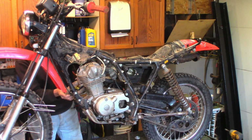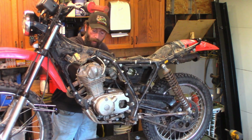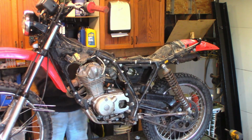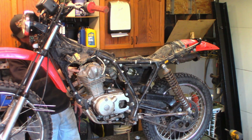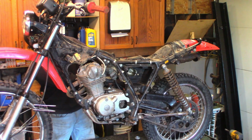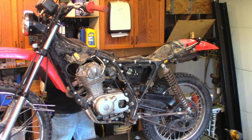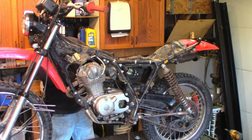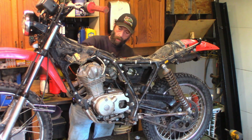All right, let me consult the manual to see what the specs are. I'm just going to crank it here until the exhaust valve is down. There, it's down, so the intake should be up. I think we got excessive play there. But again, I'll have to measure it. Just by feel. So now I'm going to crank it till the exhaust valve is down. Oh, missed it. I had them reversed there. Okay, now the exhaust valve is down. That's the front one. And the intake,